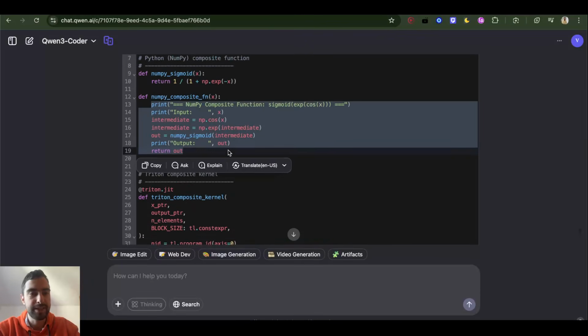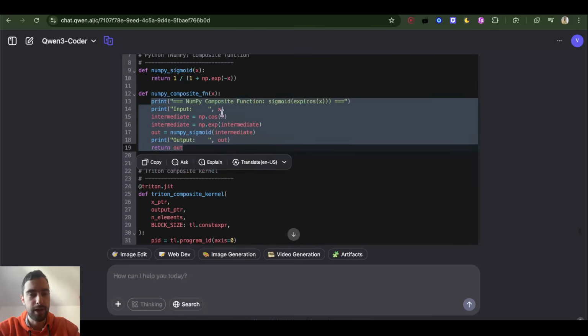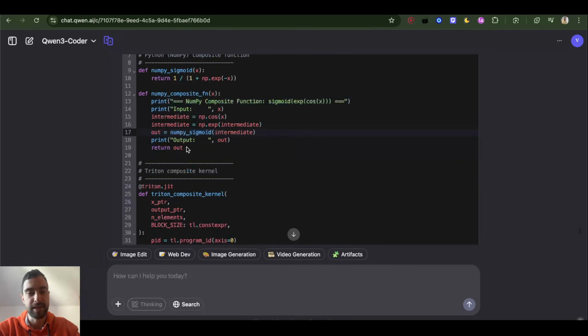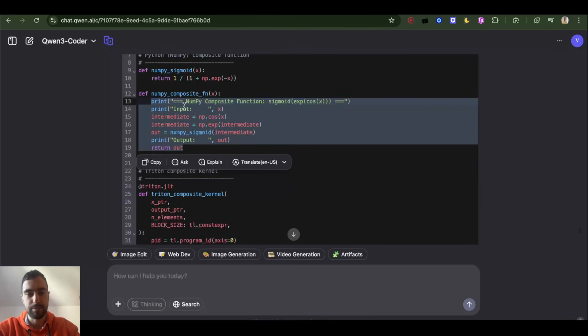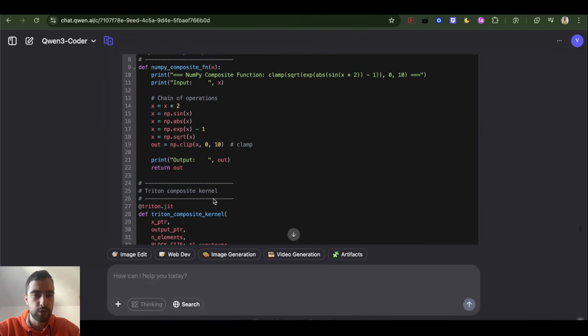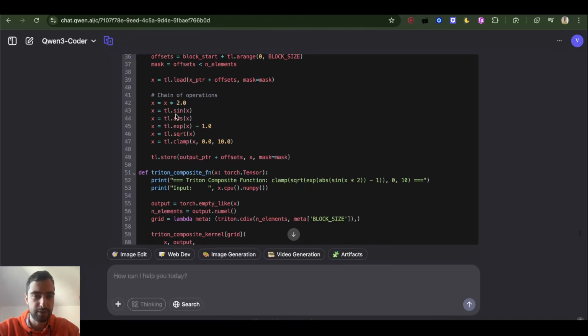Qwen Coder is able to generate this data correctly, although right now a bit simpler. I'll try a bit more difficult data, but even if it cannot, then we'll just train on this simpler data. It will learn to generalize and then we use that trained model to generate its own data, generate a bunch and then pick the ones that work. It looks like it selects these functions first, which is cool, and then writes the Python function and then writes the Triton function, although